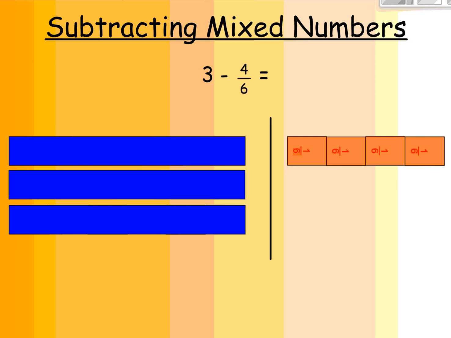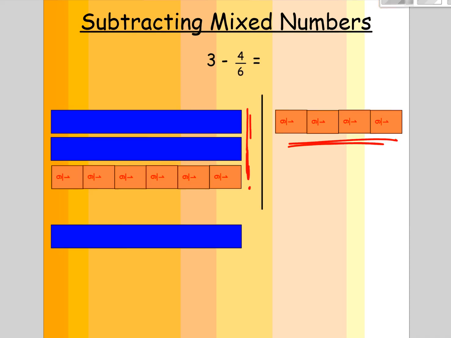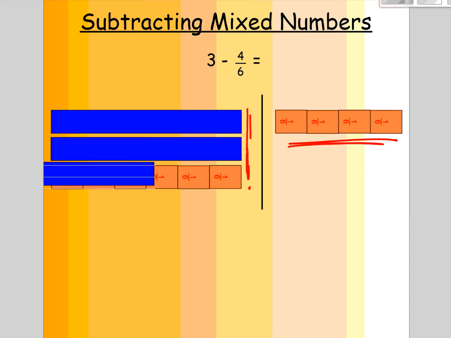Here's another example, 3 minus 4/6. Now on this one, I want to match up. So here's the 4/6 that I want to take away. I want to match up from over here, but right now, all I have is 3 wholes. So the first thing I'm going to do is take my 1 whole and turn it into